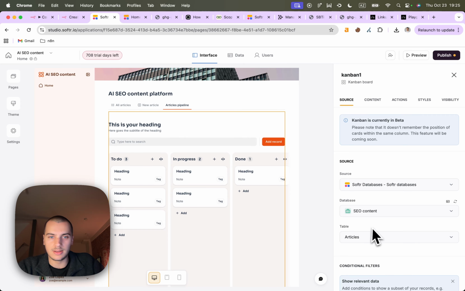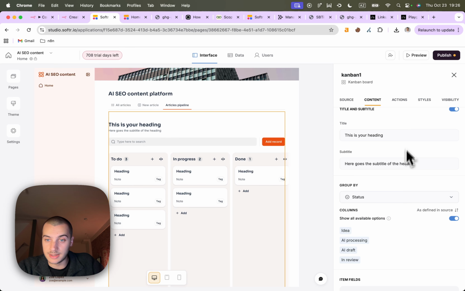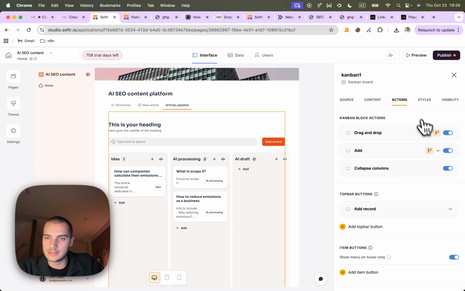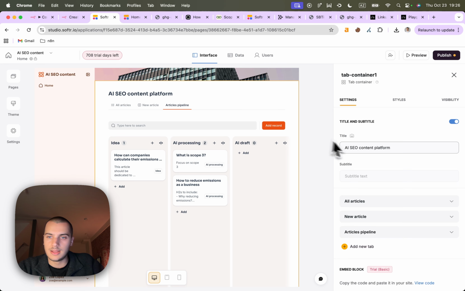I think here we can group by status, perfect. We allow drag and drop, so let's just remove that. So if we place this here,